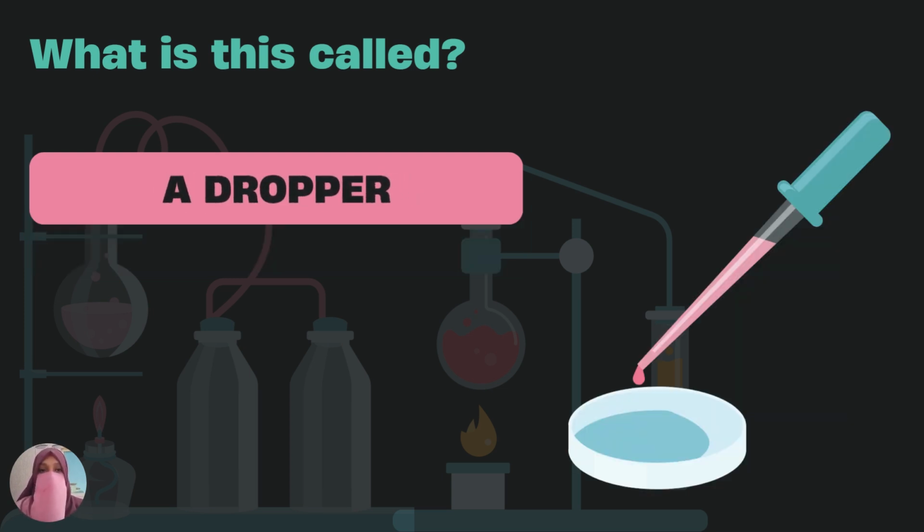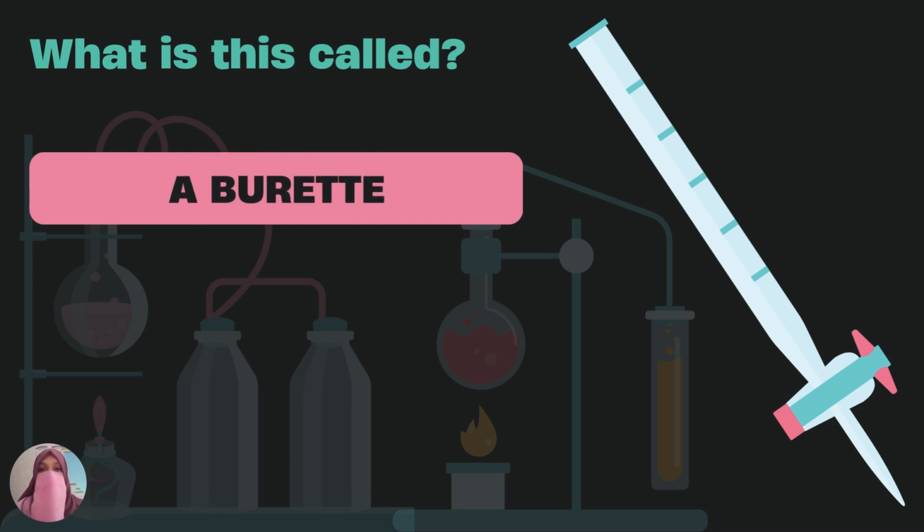Next, what is this called? A dropper. It is used to put a few drops of indicator solution in a titration experiment. Next, what is this called? A burette. A burette is also used to measure the volume of a liquid. A burette is mostly used for variable volumes, like in titration, if we want to pour acid or alkali dropwise into the solution, and then we swirl it and see where the end point is. For that purpose, we use a burette for measuring variable volumes. And this is accurate. A measuring cylinder is not that accurate, though it is easy to handle, but a burette is more accurate.